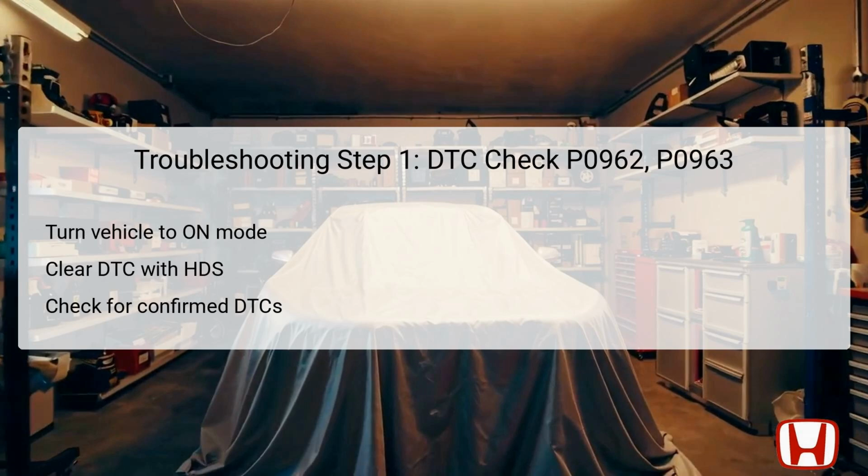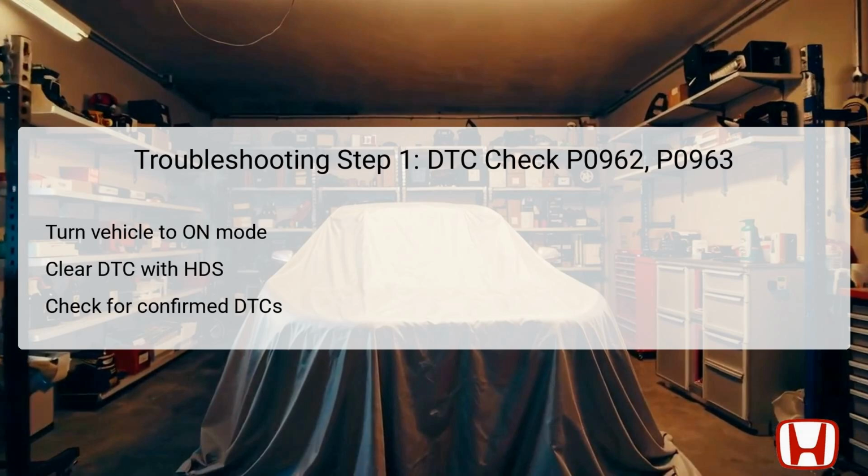The first step in troubleshooting DTCs P0962 and P0963 involves verifying the presence of these codes through the Honda Diagnostic System, HDS. Begin by turning the vehicle to the on mode without starting the engine. This action powers up the vehicle's electrical systems while preventing any unintended movements. Next, use the HDS to clear any existing DTCs, effectively resetting the vehicle's diagnostic system. After clearing,